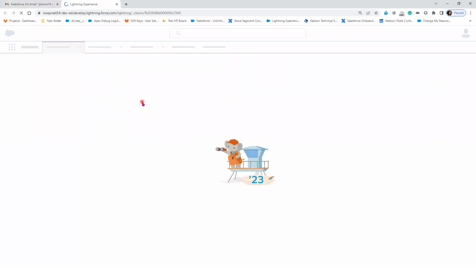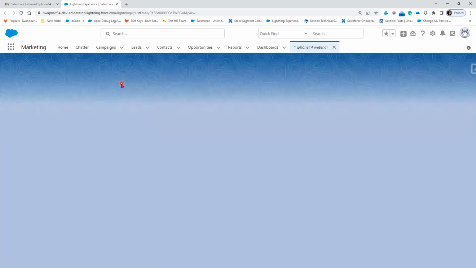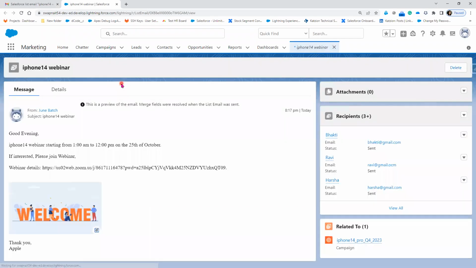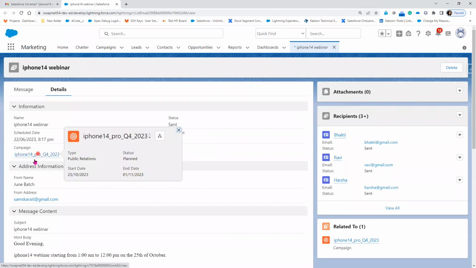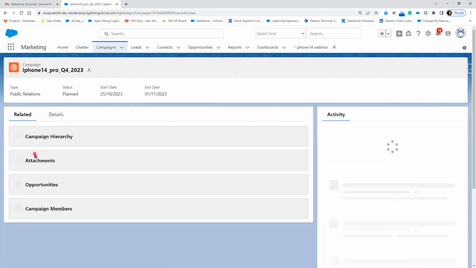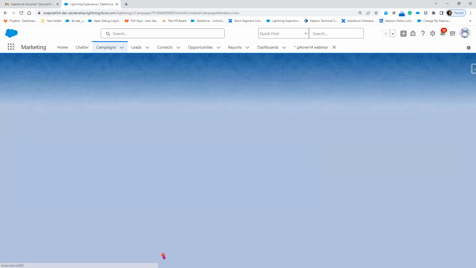Now if you click on this, this is the email which has been sent to the members from the June batch, and the subject is this one, and this is the details of whom we sent it. Who is there in the iPhone 14? Now you can open this campaign, and within that you can go to the members list, click on view all,